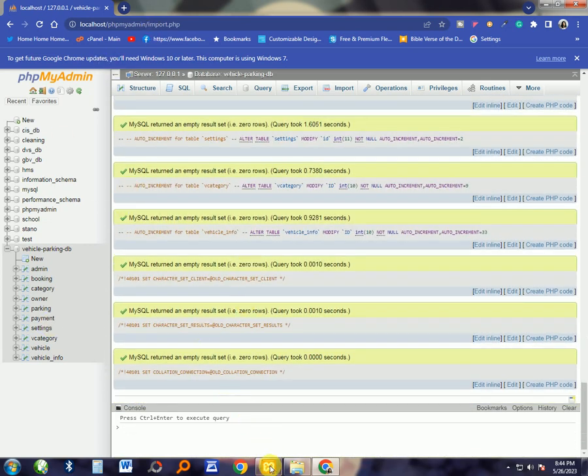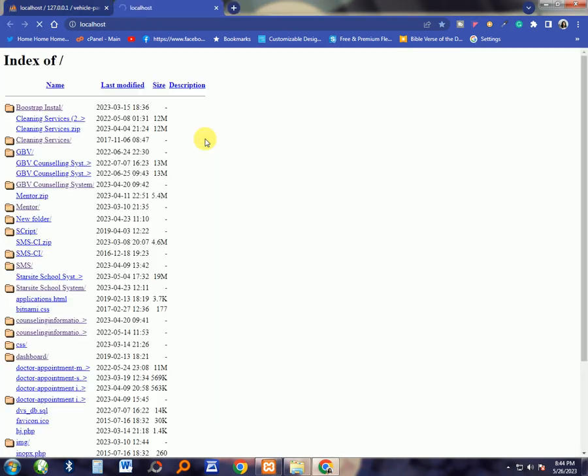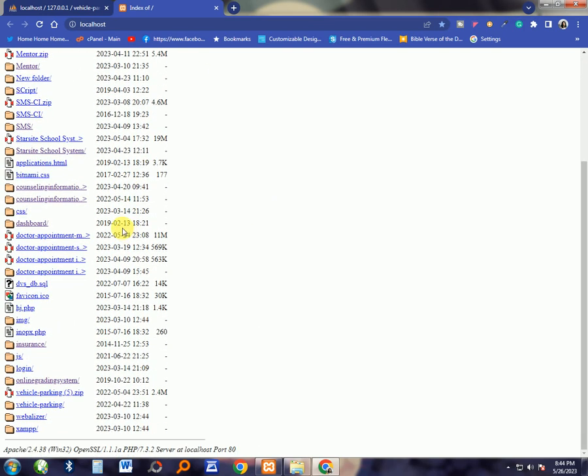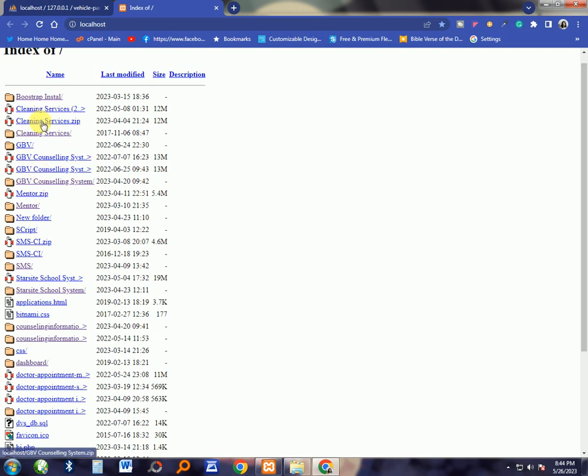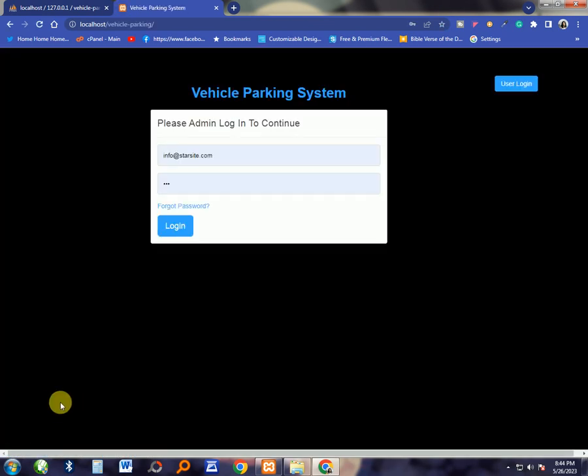After that, you can head to your control panel again. Click on the admin on Apache, so that you can start your system. The system is at the vehicle parking system. Yeah, this is